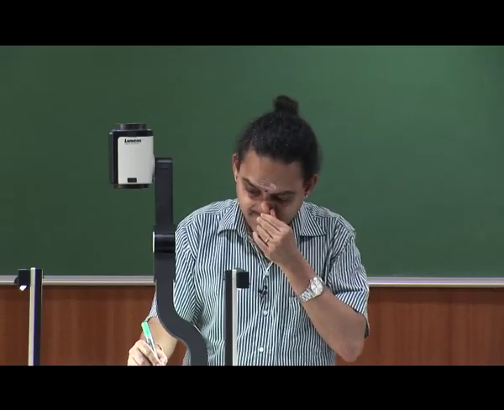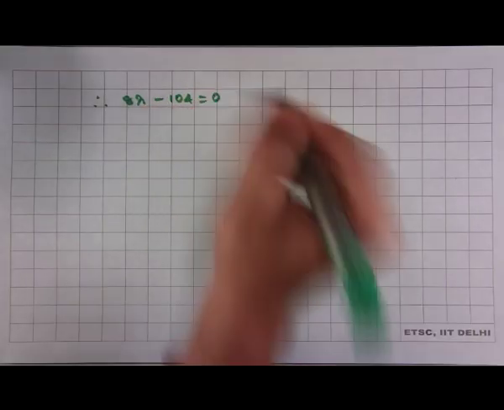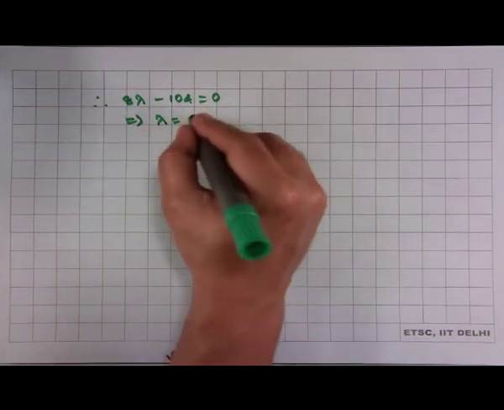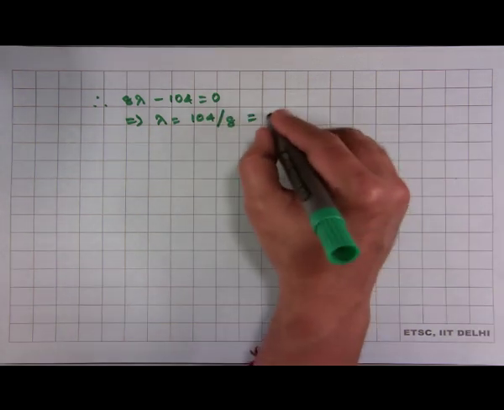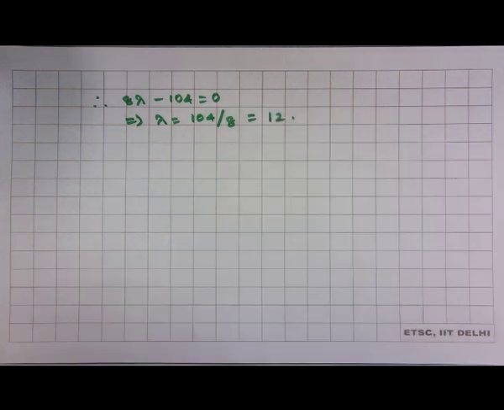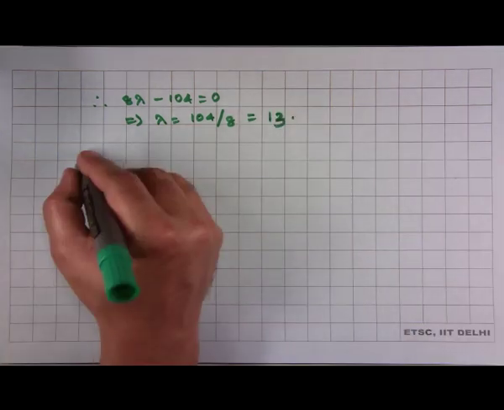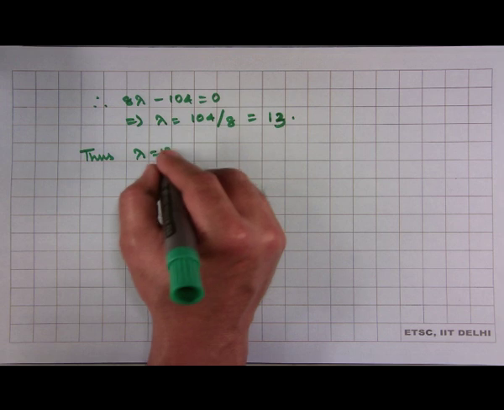Therefore, 8 lambda minus 104 is 0, that will imply lambda is 104 upon 8, which is equal to 13. Thus, lambda equal to 13